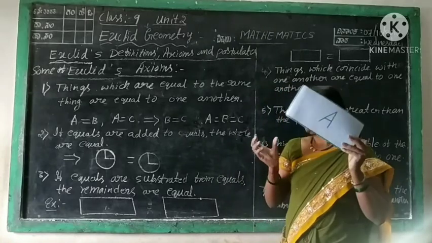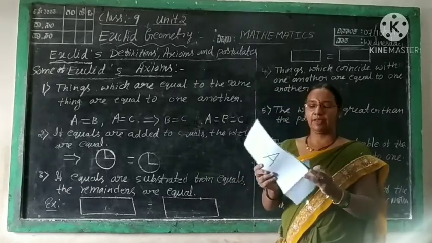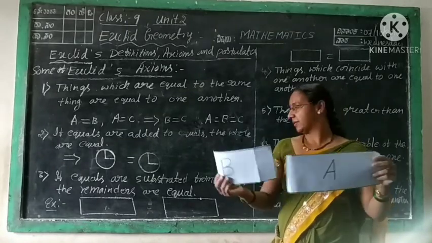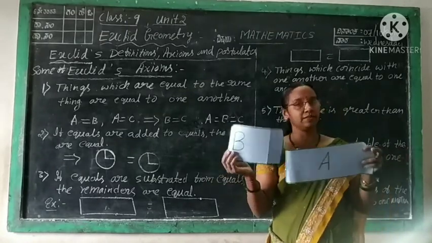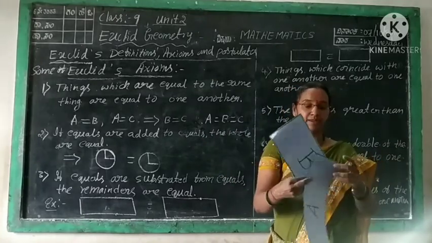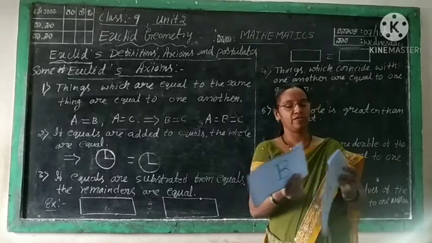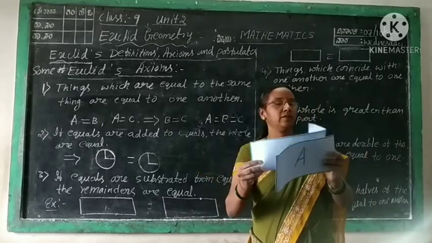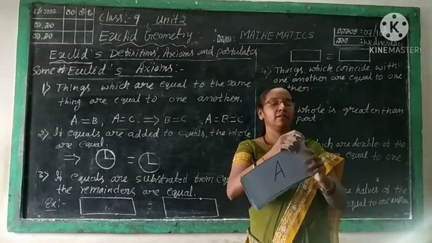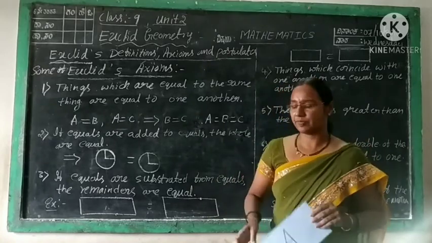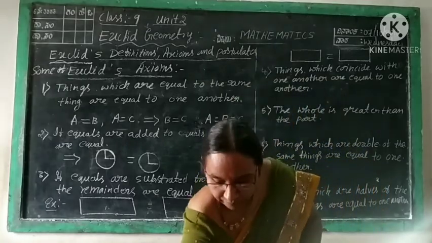Understand this? The equals are A and C, two rectangles. We subtracted the same length and breadth. Then the remaining length and breadth of the rectangles are both the same. That is the meaning of the third statement. Then the fourth one is